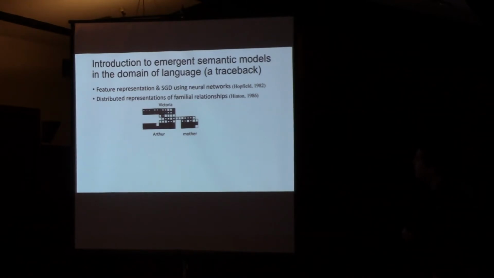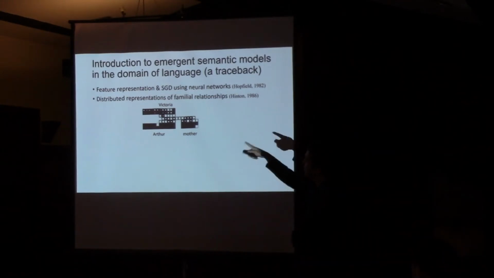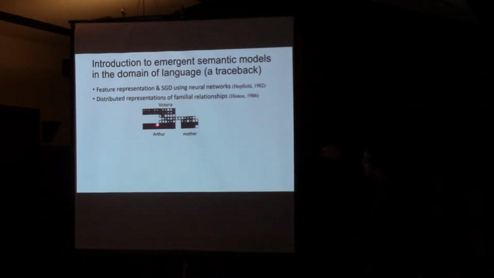Hinton in 1986 talked about distributed representation from those same kind of models, and he depicted distributed representation in this example, where you have about 16 family members represented here in what's called a one-hot form. You see this white square means Arthur is selected, and you can imagine there's 16 possible squares that could fit in there. And then the relationship of mother is selected.